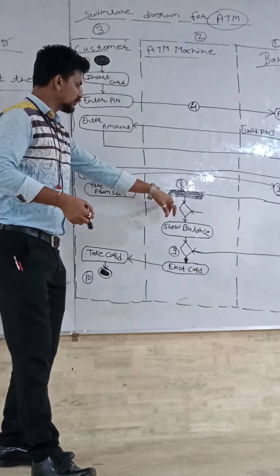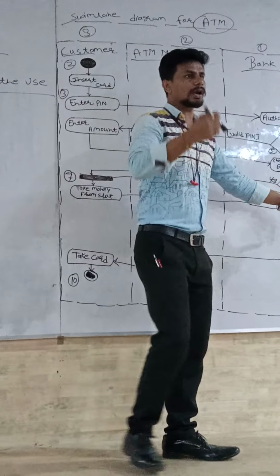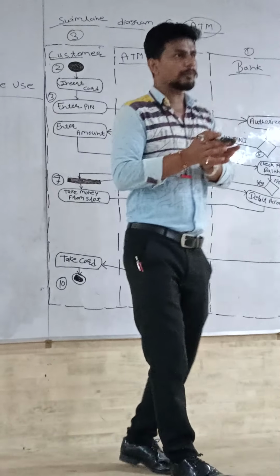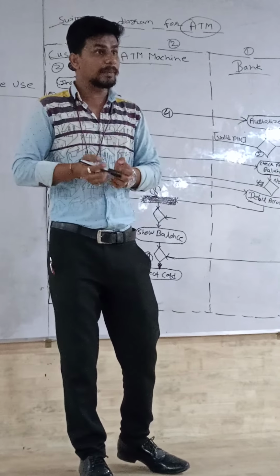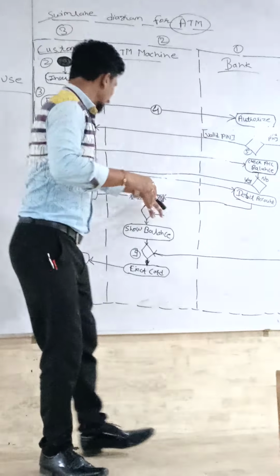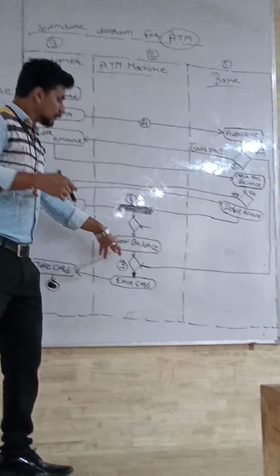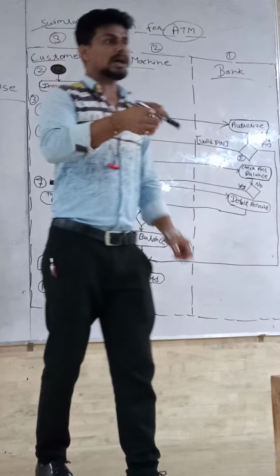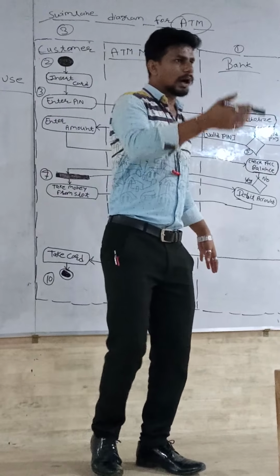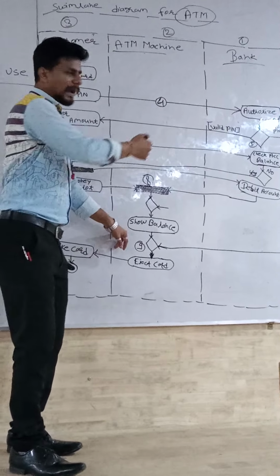After that, what will be the next process? Debit account. Some message or information will come to your mobile, saying some amount of money has been debited from your account. After that, the next process is show balance. Show balance means we are checking our balance, how much amount is present or not present in the account. That type of function will be performed through the ATM, not by the bank or customer.